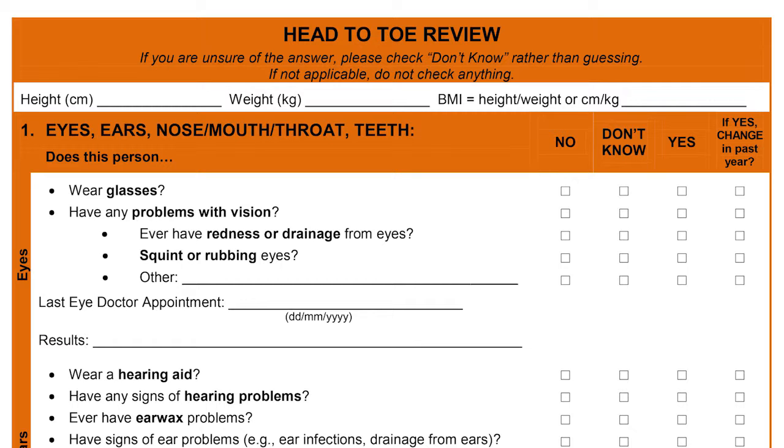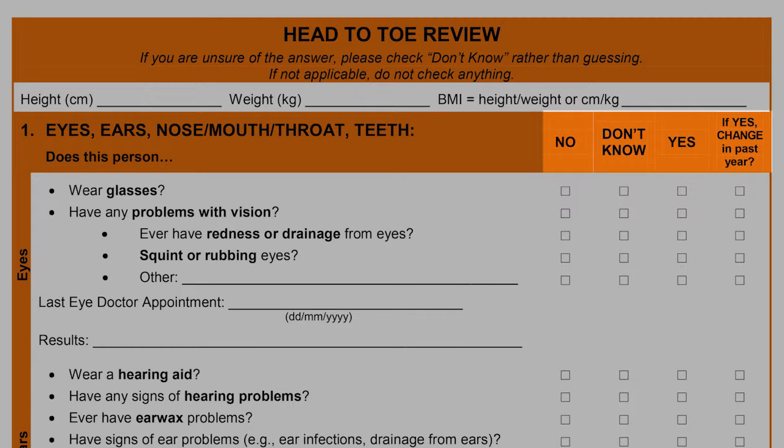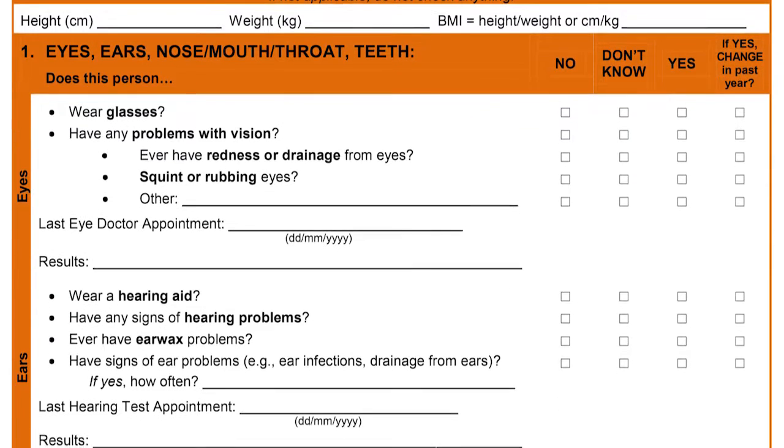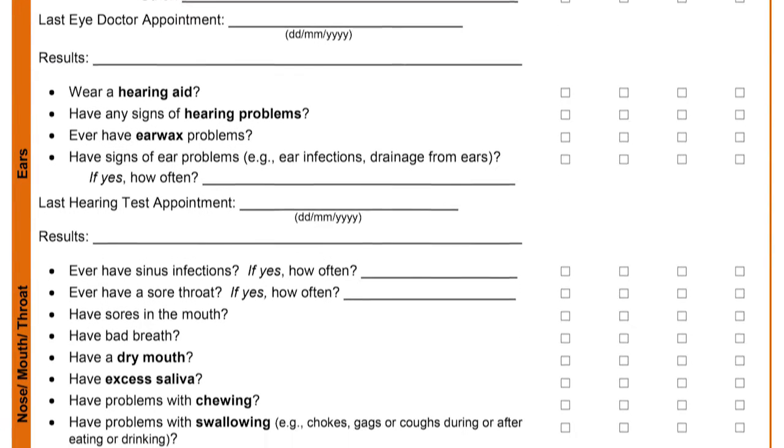But these are very detailed questions, and you've got several choices. No, don't know, yes, but then more information on yes. So this kind of detail will help that primary care provider, indeed even a specialist, in seeing that person. So the more you can document, the better. And the person can fill this out for themselves. You may be able to assist them, or if they're unable to do it as a family member or as a DSP, you can go through all of these components.